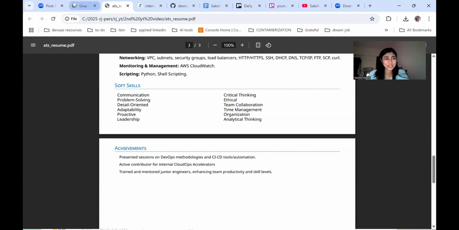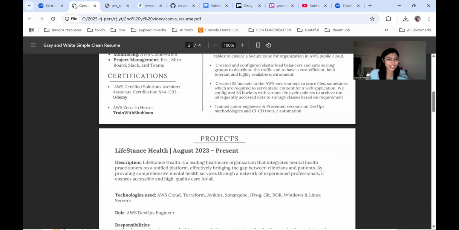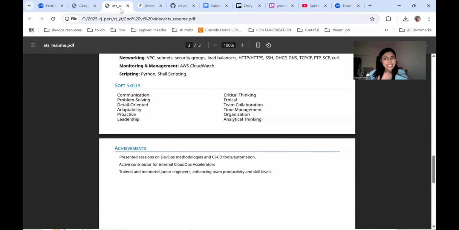In my previous resume, I had mentioned certifications. One was from Udemy and one was from Train with Shubha. Do not mention those. Mention the certification only if they are from the officials. Let's say for AWS, if it is issued by AWS, like AWS Cloud Practitioner or AWS Solution Architect, only mention the relevant certification, the ones related to the skill or the job role that you are applying for.